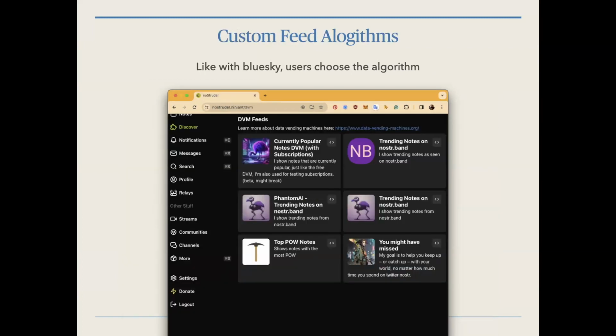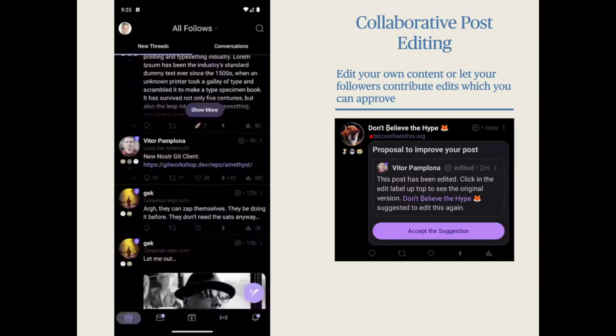We do have a system like Bluesky for users opting in to different algorithms in their feed. Someone could put up a feed server that does the algorithms. Not all the apps actually support this yet. I would say it is much less fleshed out than Bluesky. I think there's a lot more to show.